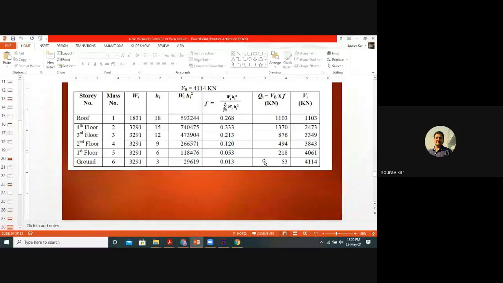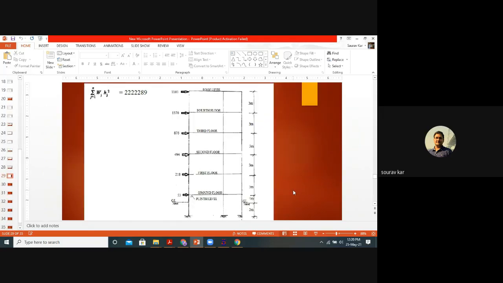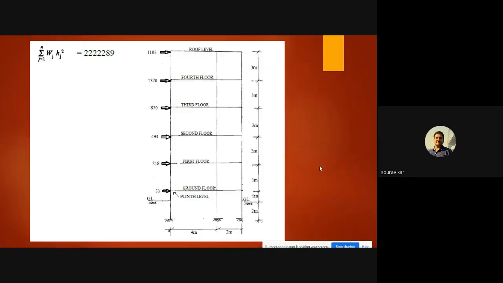So from ground level to the roof level, the seismic weight of each floor is given, and height they have taken, and all these values will be coming in this form. So such loads are acting on each and every floor.